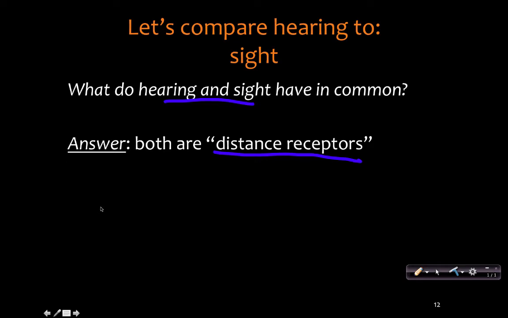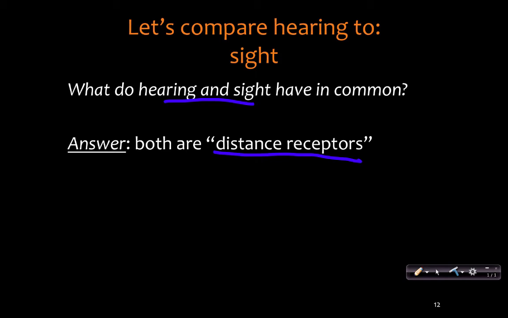If you are on a trail hiking in our foothills here, how would it be that you would like to detect that there was a bear on the trail ahead of you? Certainly, tactile or touch sensation would probably not be the most ideal way to do it, but seeing that bear, hearing the sounds of the bear would allow you then this distance to be able to then flee and to find yourself